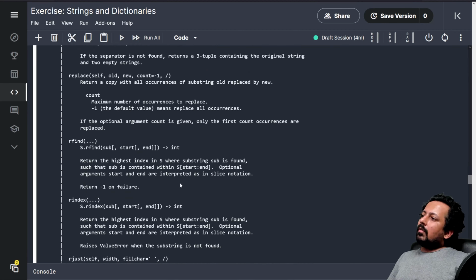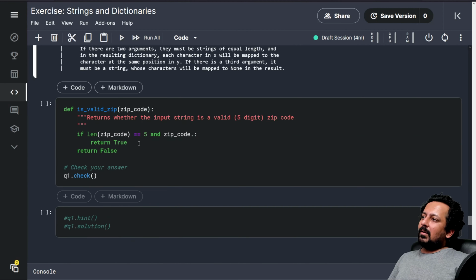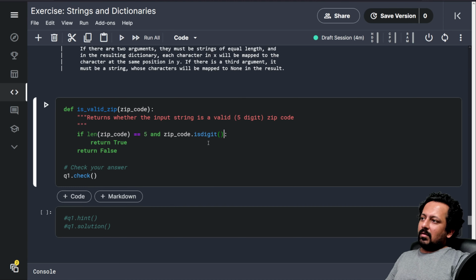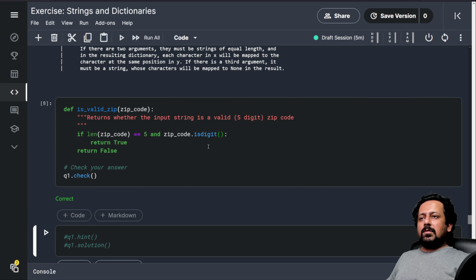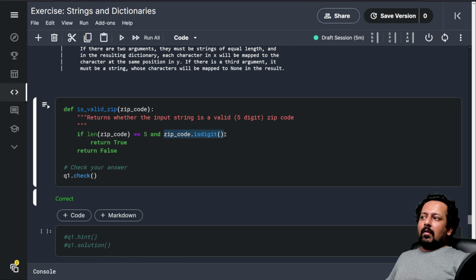That's what you have to use. You can just use it directly. If the length of zip_code is 5 and zip_code.isdigit() is true, then return True, else return False. And this is a very simple way of doing it.